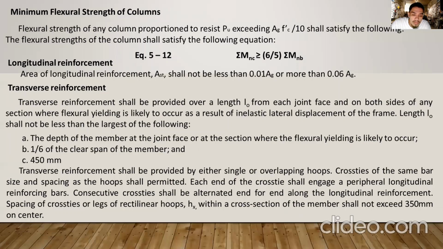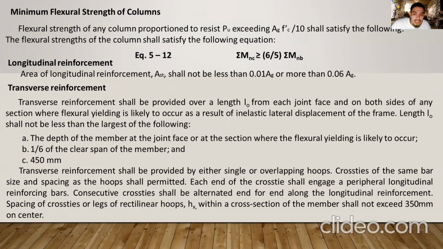Transverse reinforcement shall be provided by either single or overlapping hoops. Crossties of the same bar size and spacing as the hoops shall be permitted. Each end of the crosstie shall engage a peripheral longitudinal reinforcement bar. Consecutive crossties shall be alternated end for end along the longitudinal reinforcement. Spacing of crossties or legs of rectilinear hoops within a cross-section of the member shall not exceed 350 mm on center. So, dun sa transverse reinforcement,